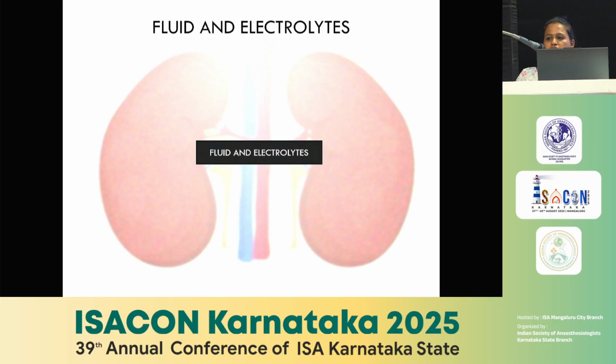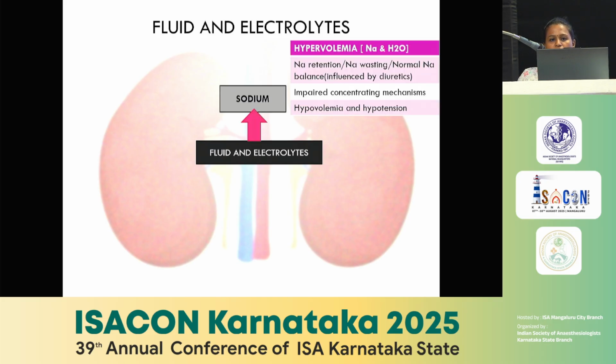Renal function is essential to maintain fluid and electrolyte balance. They may have impaired concentrating mechanisms, so these patients are unable to cope with extra renal fluid losses, which could be because of severe dehydration, diarrhea, vomiting, or pyrexia, so they are more prone to hypovolemia and hypotension. If renal impairment is there, the patient might have multiple